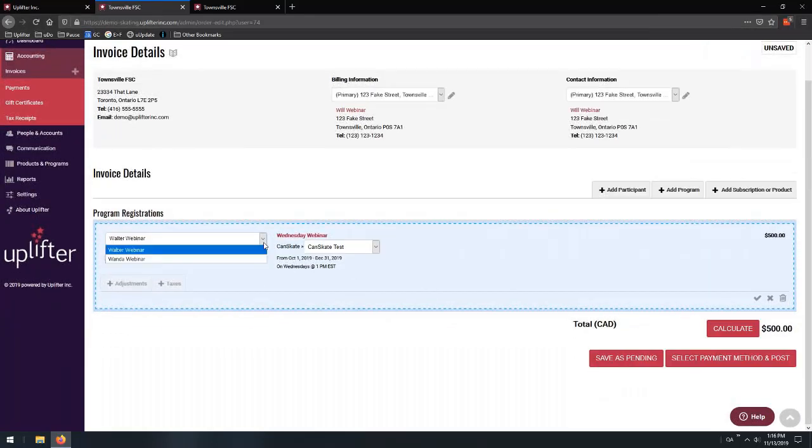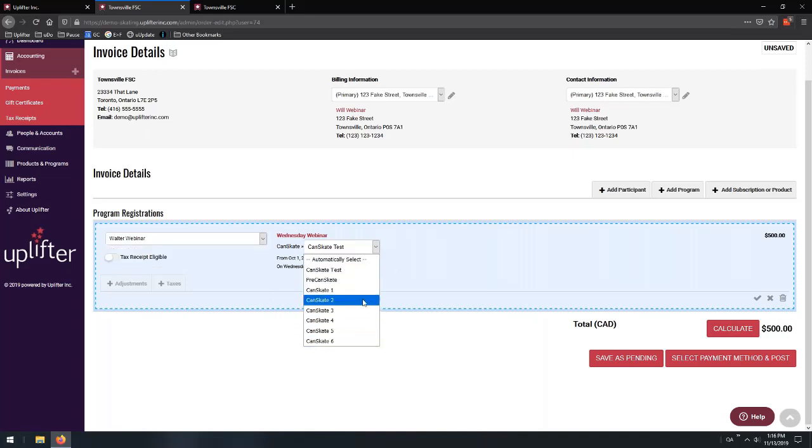When it's expanded, you'll have the ability to make manipulations such as who the participant is, who's actually involved in the program or the subscription or whatever you're selling. You can also change the category level. Now, by default, the system will utilize the automatic select option in order to determine what category level they should